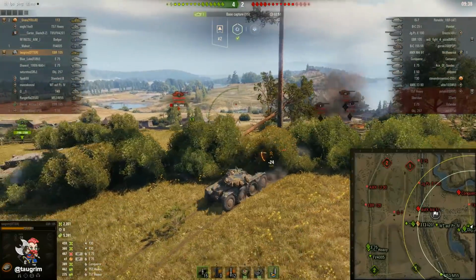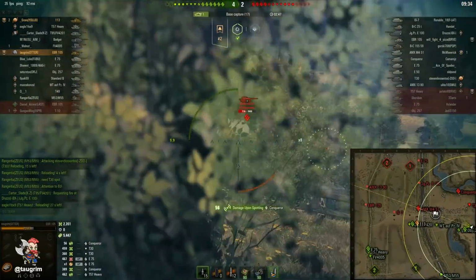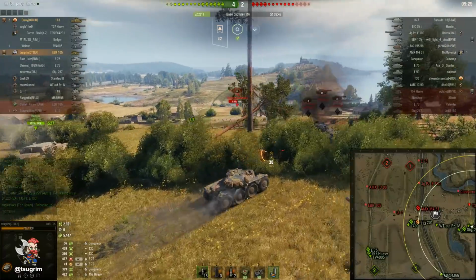But that's all being enabled because I'm out in front of them spotting, right, and preventing them from coming up the hill without getting smacked. Okay, their T30 is spotted. That's really good. I'm going to go ahead and...